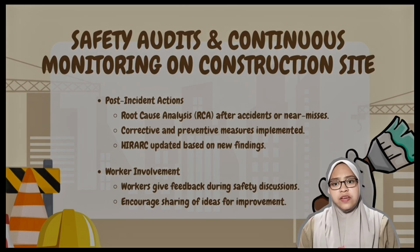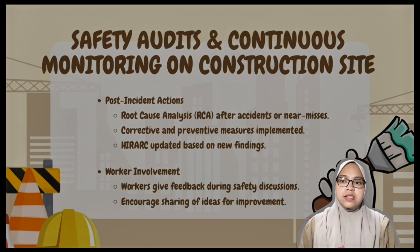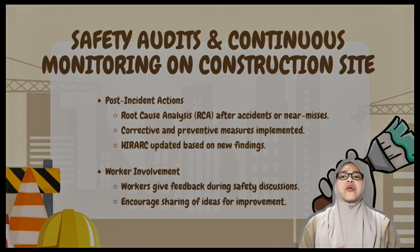The hazard identification, risk assessment and risk control (HIRA) document is revised to reflect any new hazards identified during the investigation. Next is worker involvement. Workers give feedback during safety discussions. Their first-hand experience on the job site provides valuable insight into potential risks. Encourage sharing of ideas for improvement, creating an open environment where workers can suggest better safety practices, which helps build a